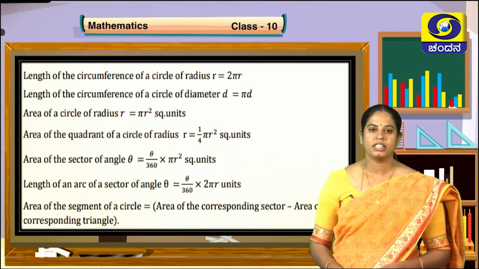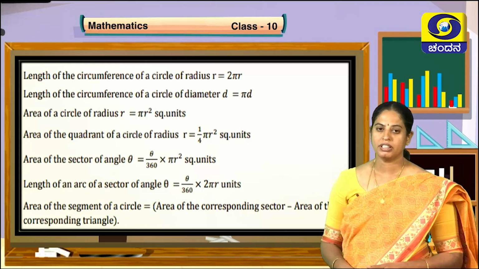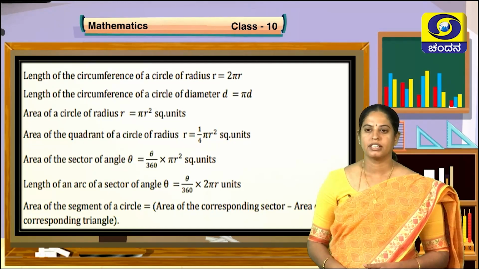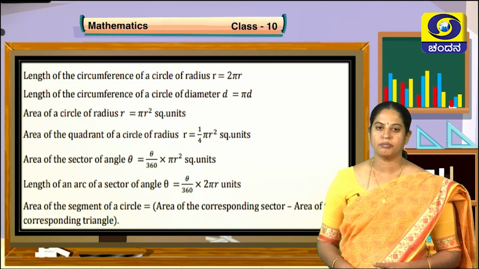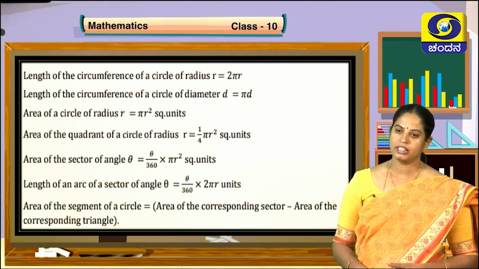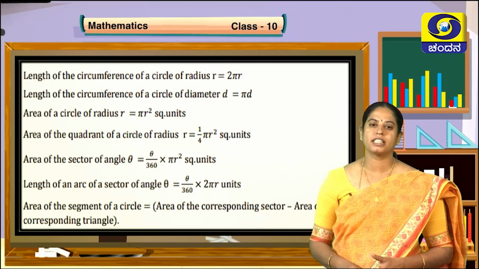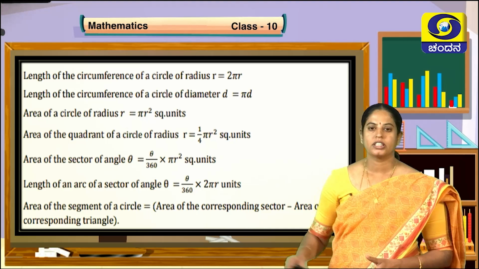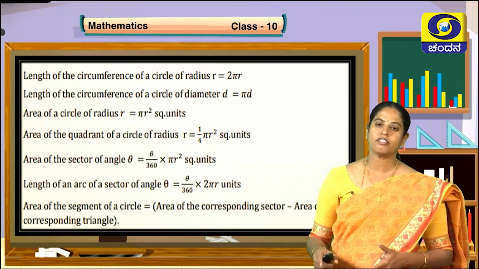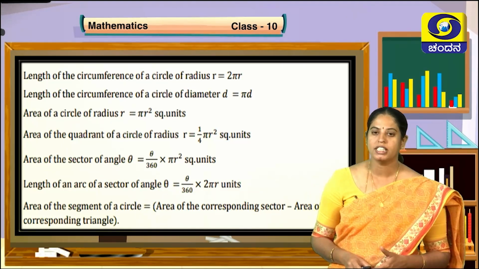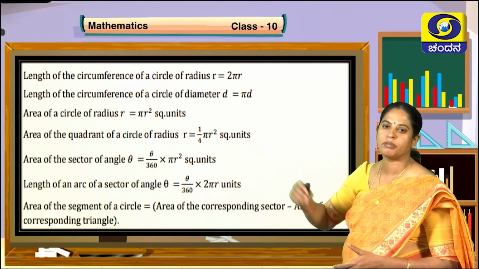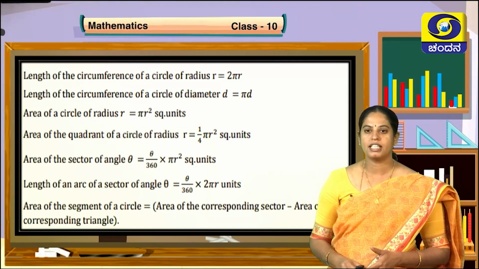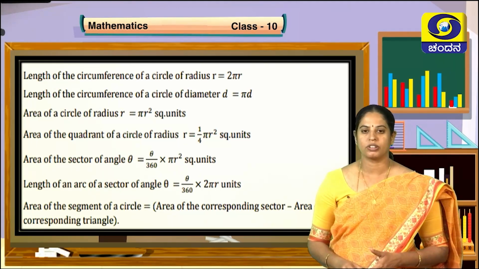The next formula, the fourth line, you read along with me. Area of the quadrant of a circle of radius r. You know what is a quadrant. It is the part of the circle bounded by 2 radii and an arc, but to tell that sector as quadrant, the angle between the radii must be 90 degree. Good. So, then the circle is divided into 4 equal parts and we are considering one part of the circle. The area of that part of the circle is given by 1/4 pi r square units. You know, already you are familiar that area is always measured in the square units.